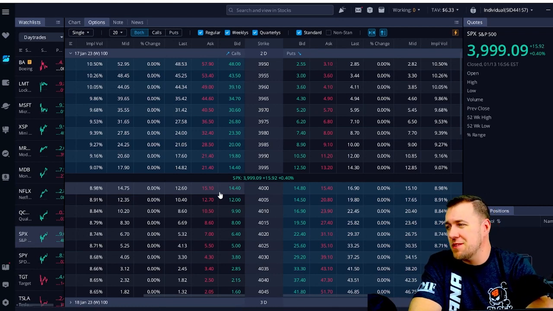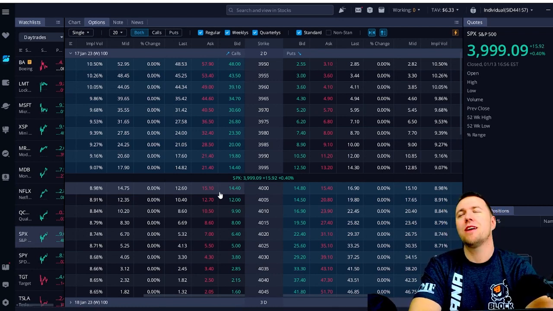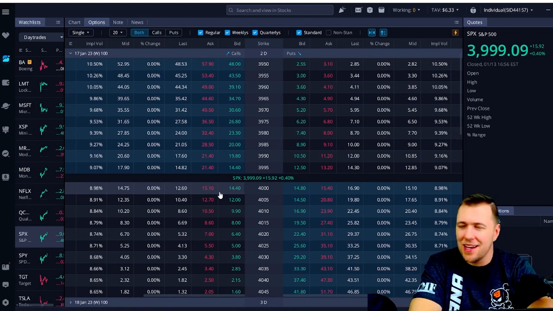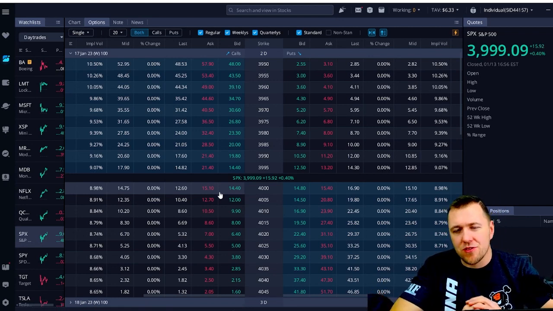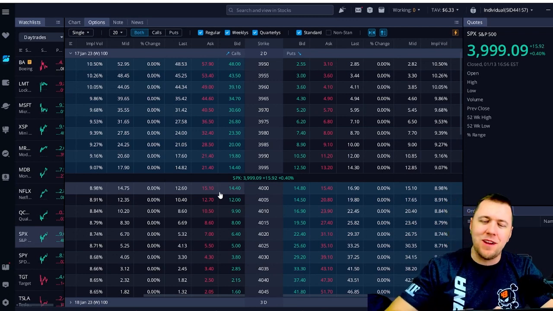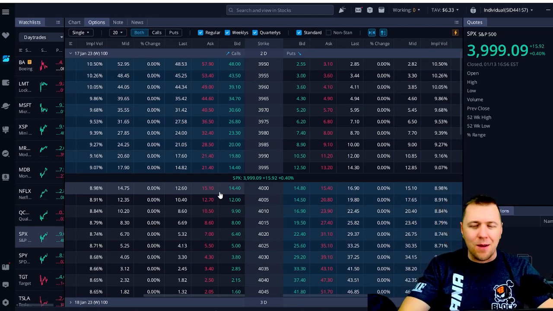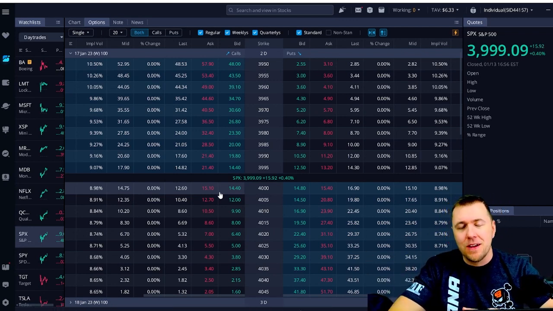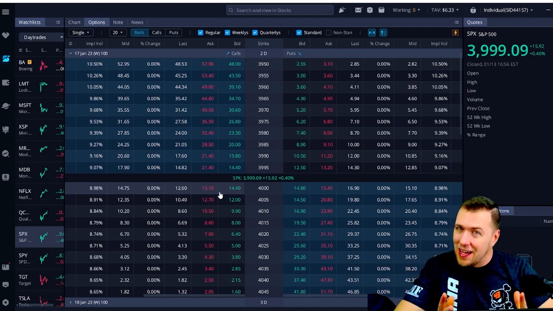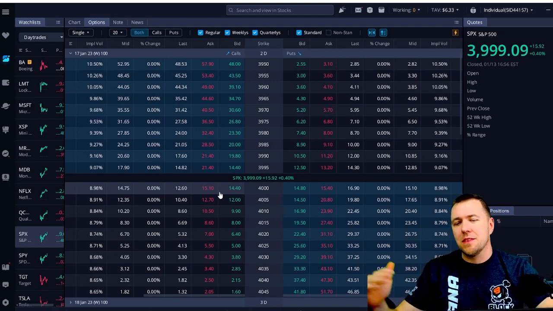You can trade SPX with $250. You can trade SPX with $1,000. Any size account can trade SPX, but you have to understand this. Whatever contract you buy will be worth absolutely nothing at the bell. Know that in your brain when you start trading this, because odds are that's going to come out correct. If you only got $250, you don't have enough to be in the money.